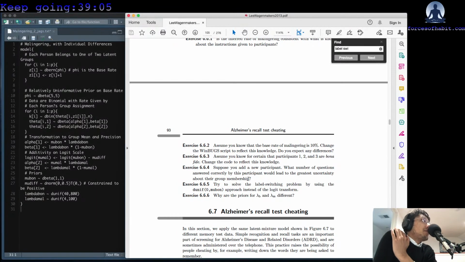So the label switching problem, like we saw in prior questions, has to do with potentially one grouping and the other grouping switching. Or if we're not careful about doing some range restriction in our priors, then it's possible that there can be some indeterminacy in which group is supposed to represent what. And so what we're supposed to do here, I'm guessing, I'm going to move forward admittedly, but what the question wants us to